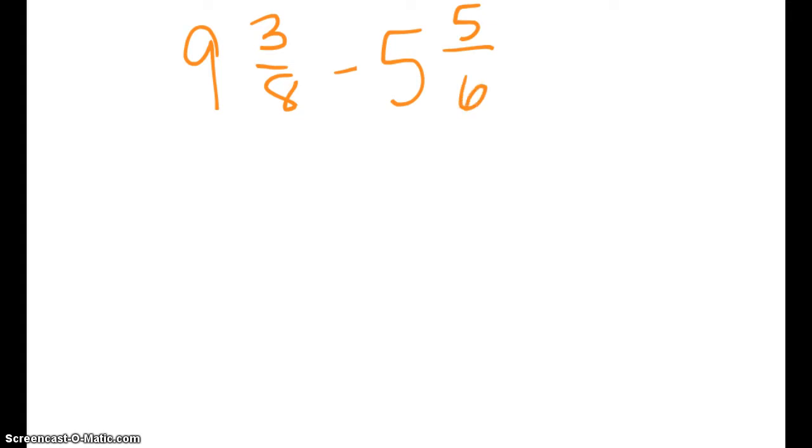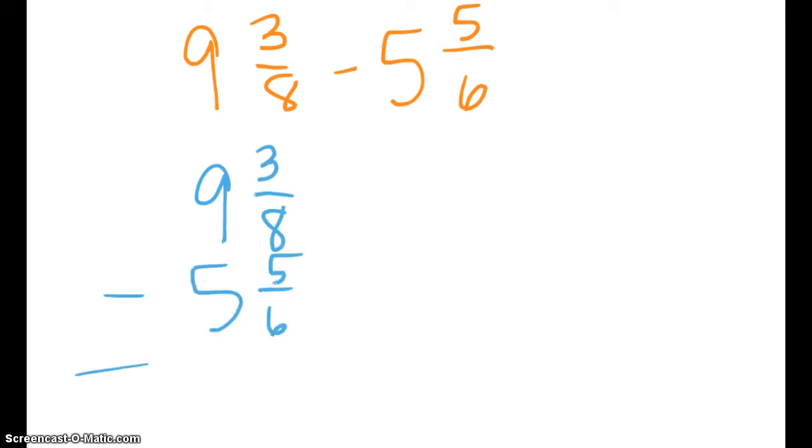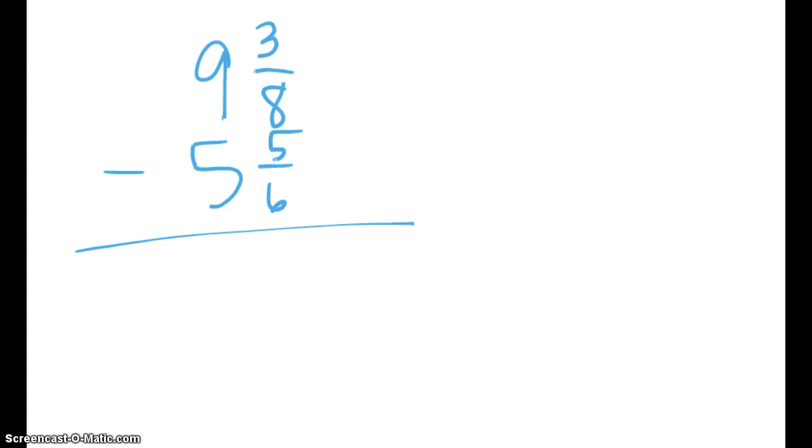What if I had 9 and 3/8 minus 5 and 5/6? Okay, here what you're going to want to do is find that common denominator. And in this case, the common denominator between 8 and 6 is 24. We can multiply by 3